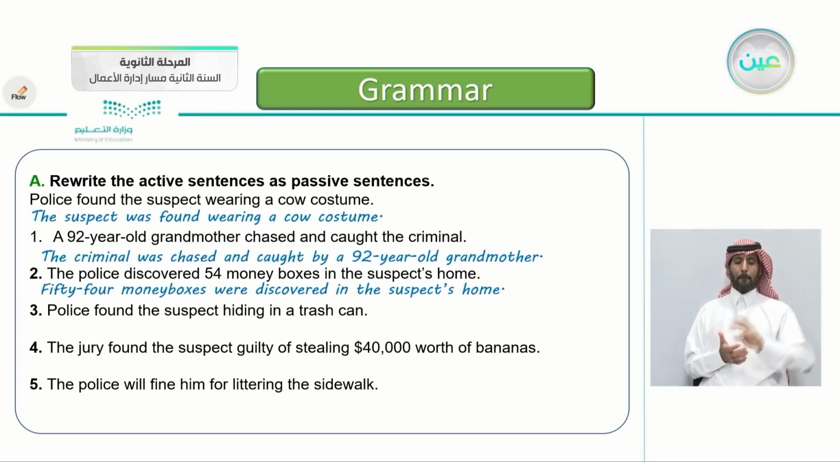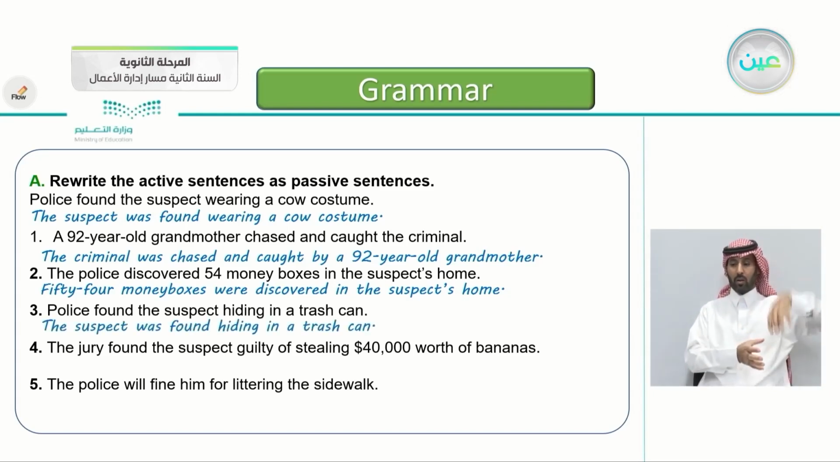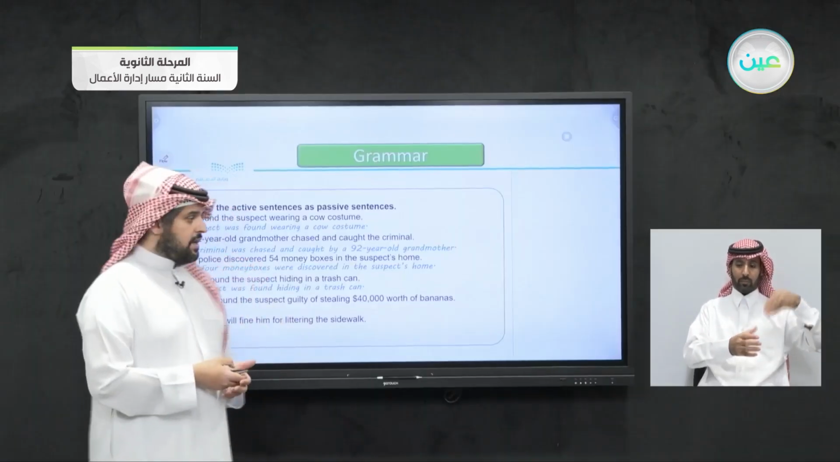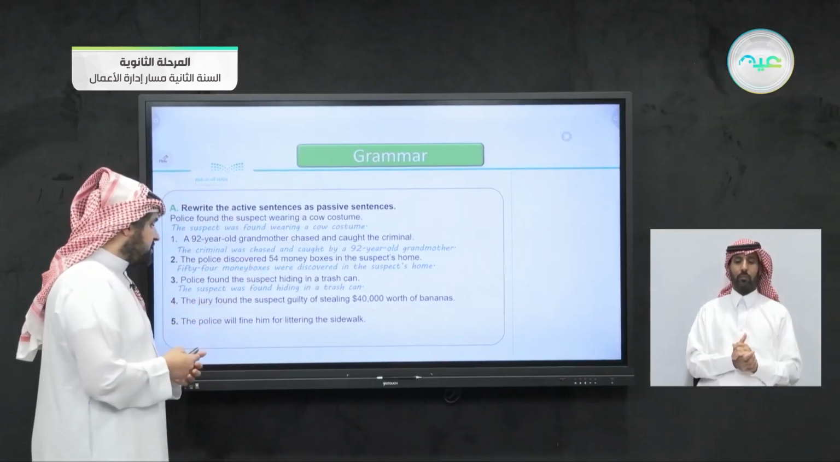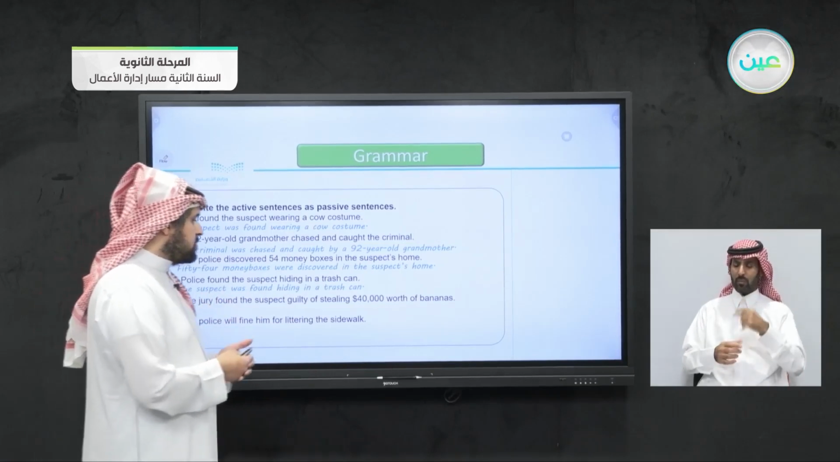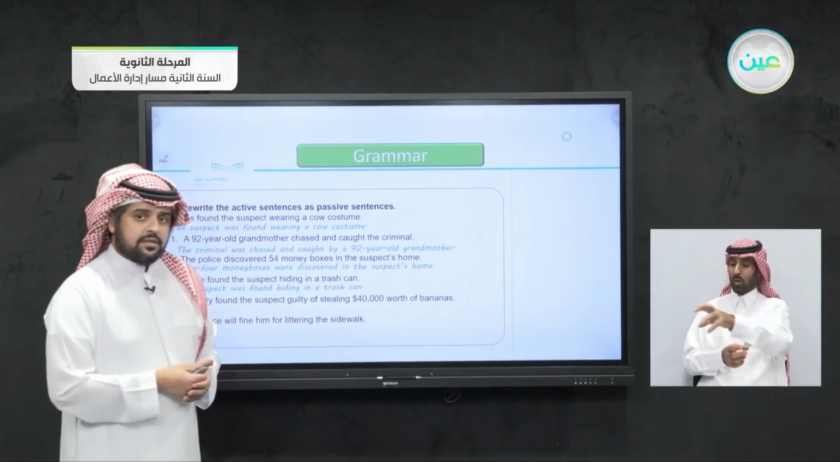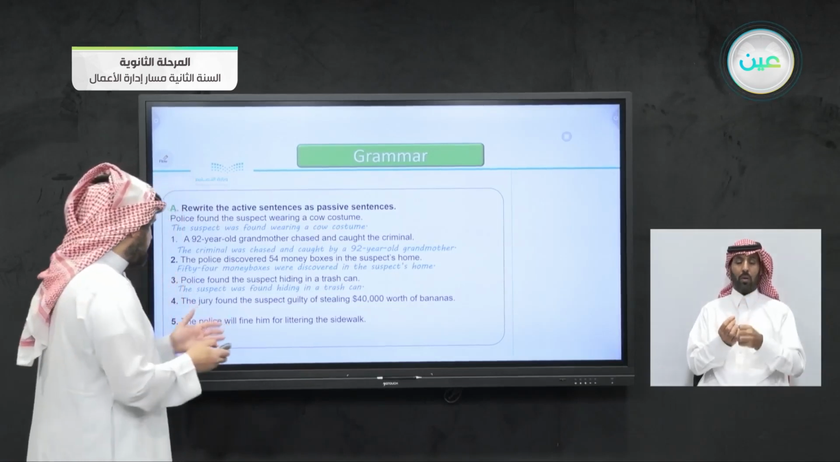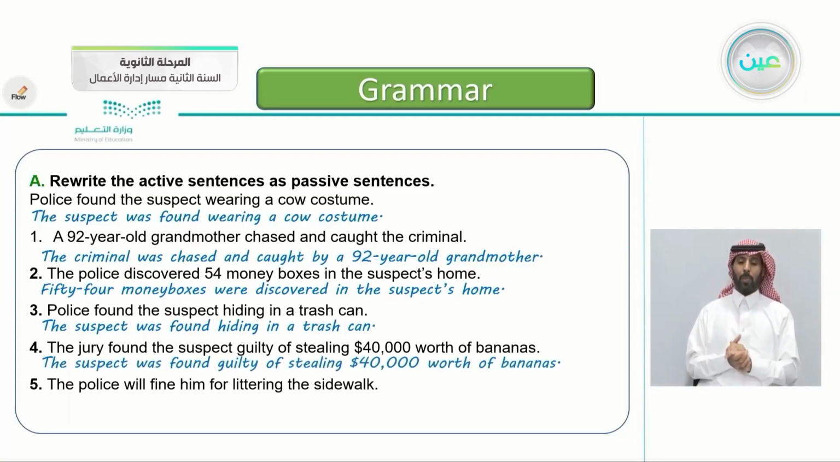Number three, police found the suspect hiding in a trash can. Very good. This is very easy. The suspect was found hiding in the trash can by the police. Excellent. The jury found the suspect guilty of stealing $40,000 worth of bananas. Very good. You're getting the hang of it. The suspect was found guilty of stealing